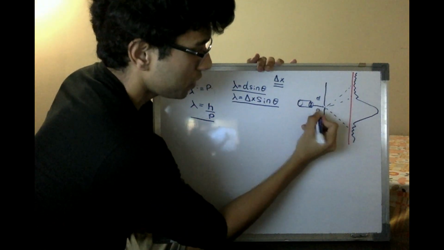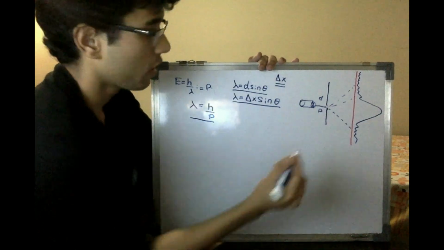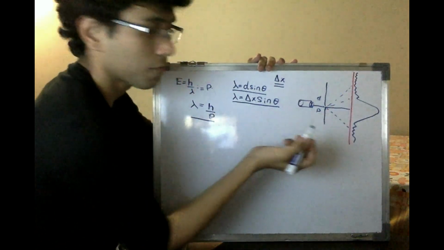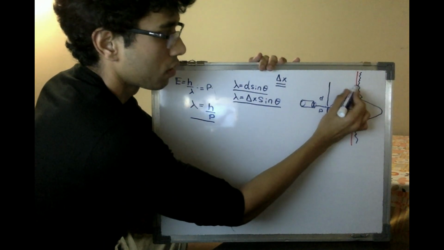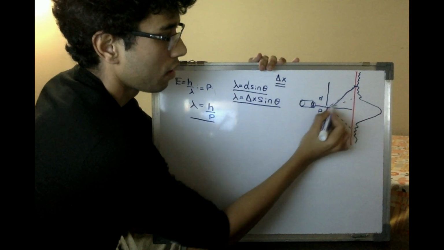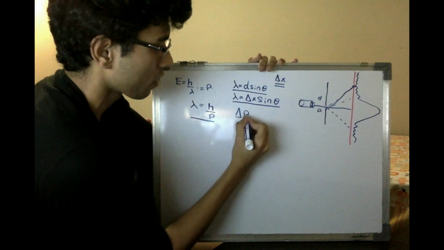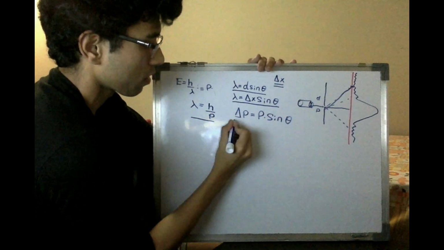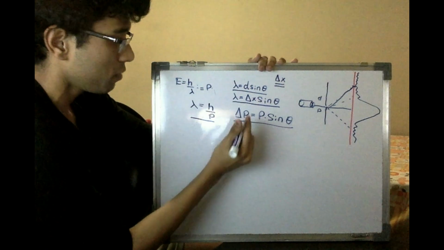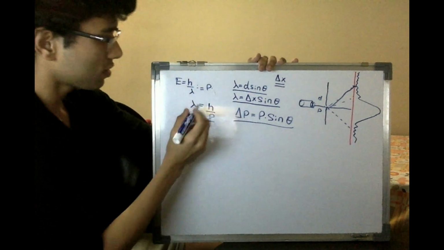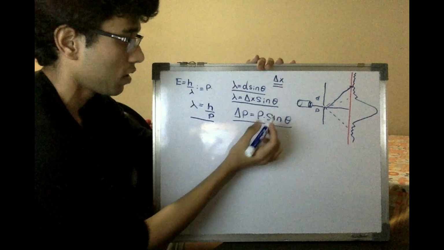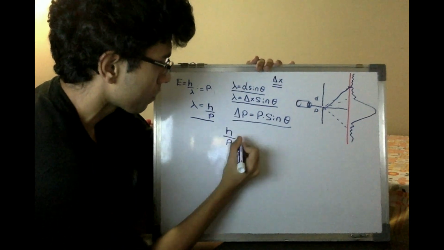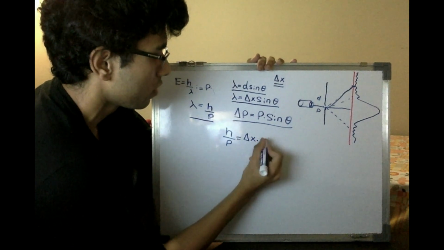But also try to understand this one. As my momentum is p here, the momentum is not p anymore when I pass these electrons through the slits. If this is my momentum p, and let's say this first electron lands somewhere here, so this is where the electron lands, then the change in momentum delta p is going to be equal to p times sine theta, trivially. So my p will be delta p over sine theta. But now let's say my lambda is h over p, and lambda is also delta x sine theta. Let's equate these two. So h over p equals delta x times sine theta,